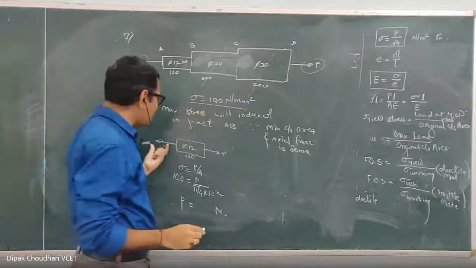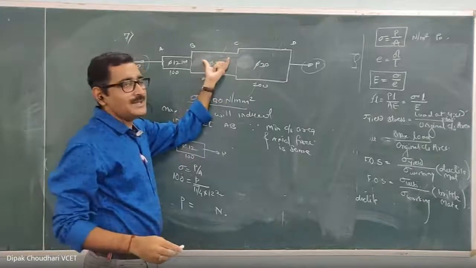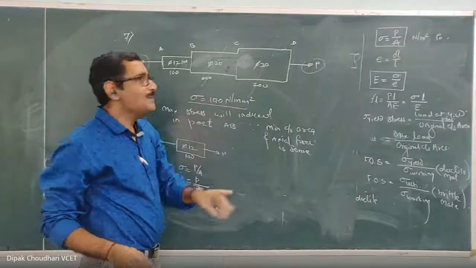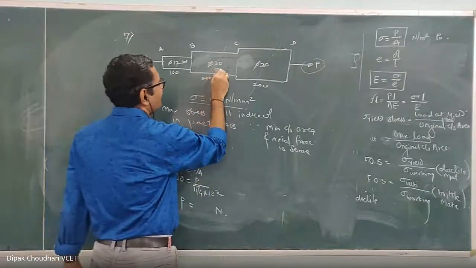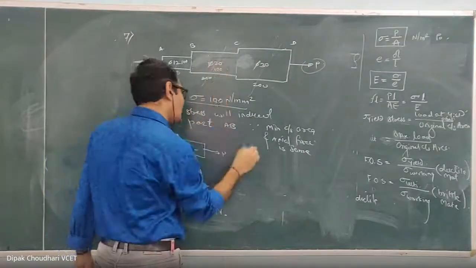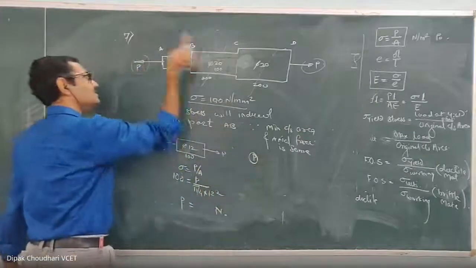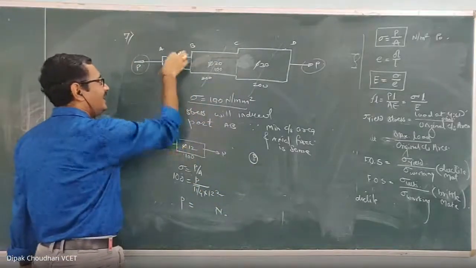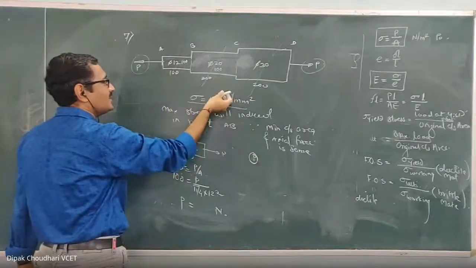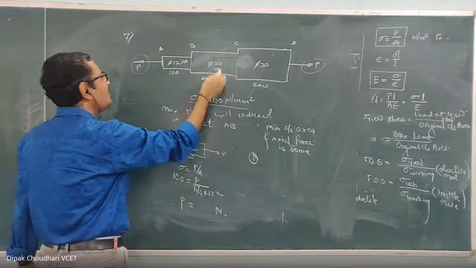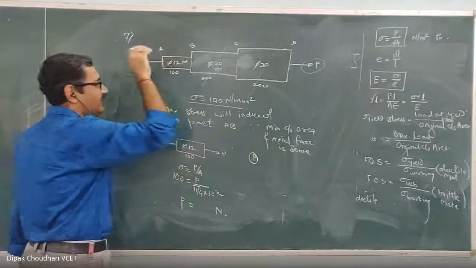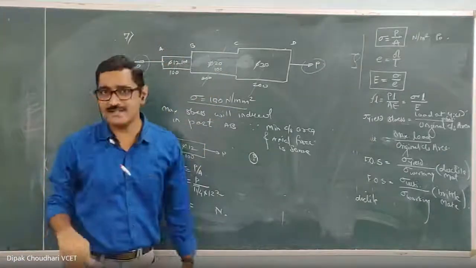If you calculate the force P considering the stress induced in the part BC, you will get one value of P. But when the stress induced in the part BC is 100, then corresponding to that force P, the stress induced in the part AB will be greater than 100. Because P is the same and the area is reduced, the stress value will increase. So when the stress in BC becomes 100, the stress in AB will definitely be greater than 100 for the same axial force.